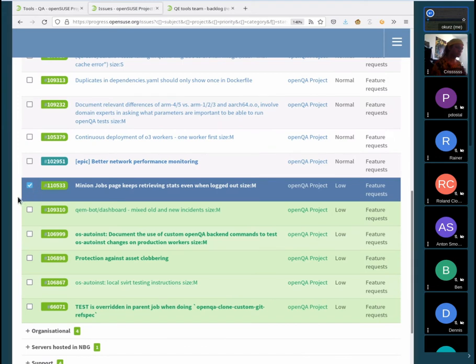With the help of Andrei Nikitin and Bernhard Wiedemann, what was found is that actually there was a user that had a page open while the openQA instance was logged out, and that page was recurrently, every couple of seconds, trying to access the page. But instead of accessing the page within openQA, it was redirecting to the login server. It's only every couple of seconds, but still it overloaded and confused the authentication provider. So yeah, we fixed that on the openQA side by not relying on an authentication route.